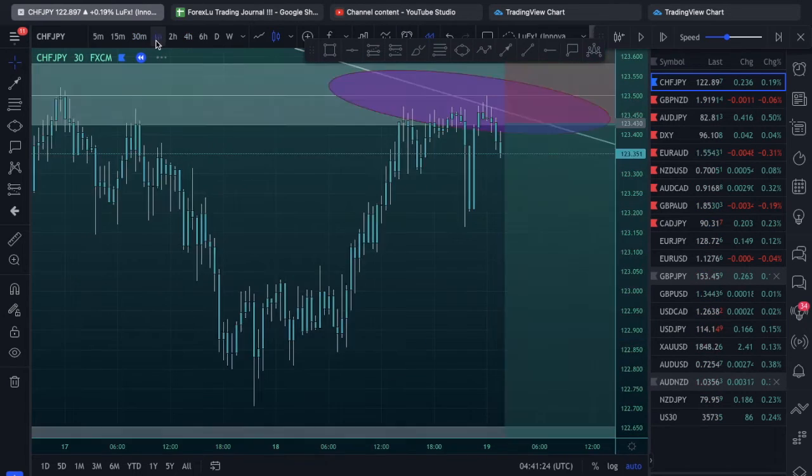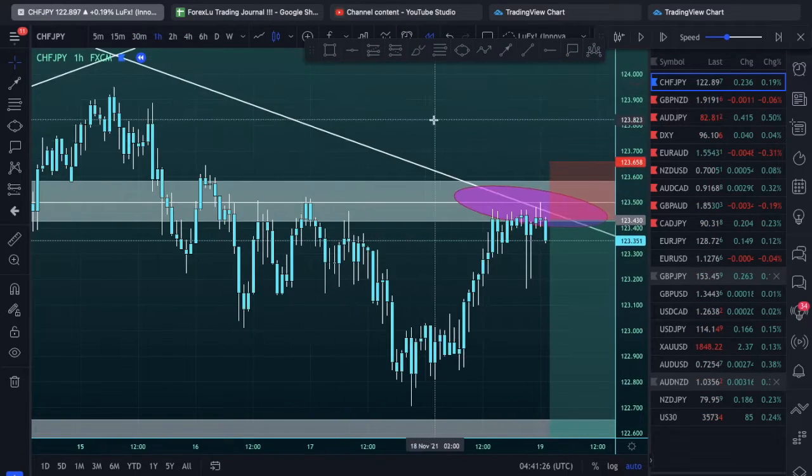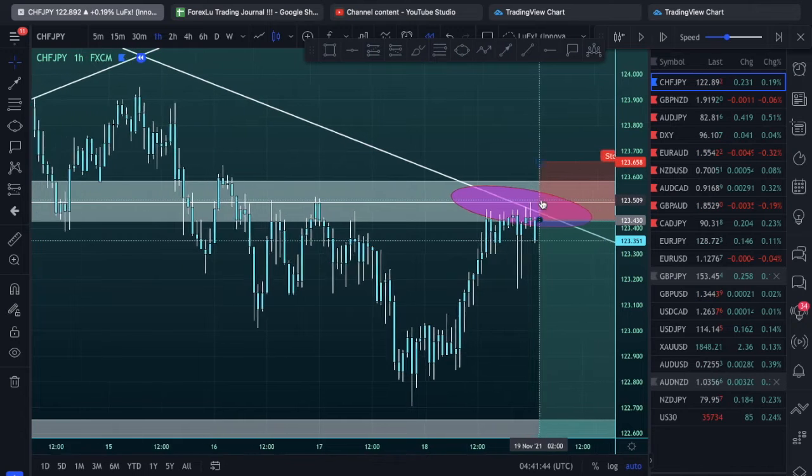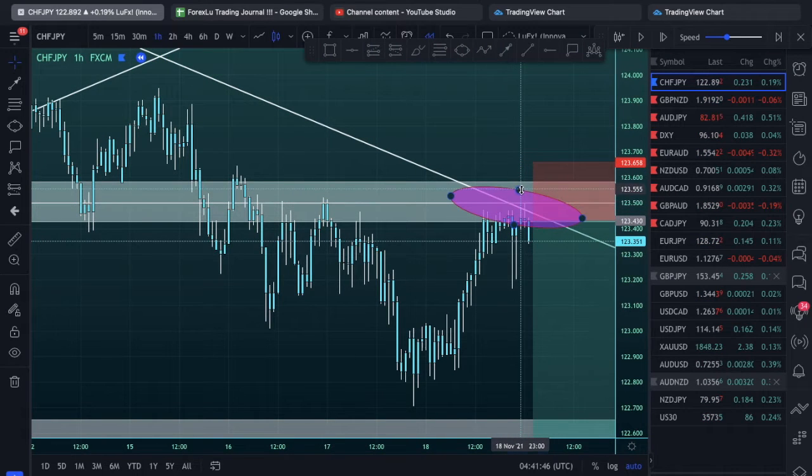So let's just drop down to the 1 hour. I was seeing price reject like this. All right, so look, this is what happened. I was seeing price reject like this, and I knew that this wasn't going to be the level that I dropped from. So once it dropped like this and it came back up, I was like, okay, that probably just took a lot of liquidity. Sellers probably thought it was going to drop from here, and then it came back up here. Probably stopped them out with this wick, and then hit the trend line like I said, because I always wait